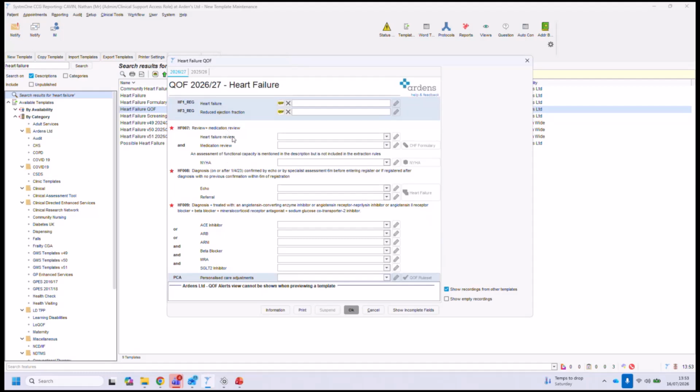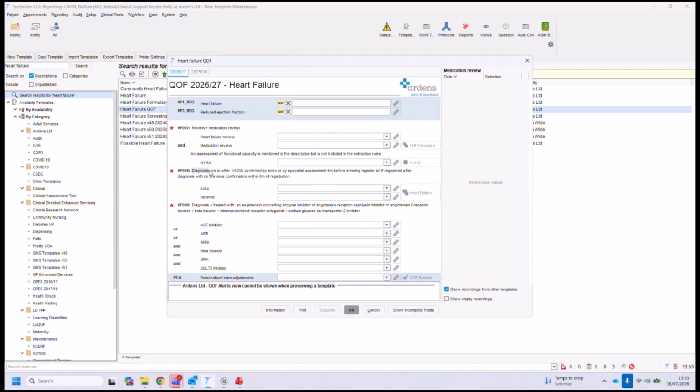So with regards to the heart failure review, you've got the codes that would capture the QOF on the drop down. But like Marriott said, you need to put that medication review in, etc. So again, you've got the codes that would capture that. And again, this is all based off the QOF rules. So you don't have to go searching for the codes. They will be on this template. So it's a really useful place to see all this.